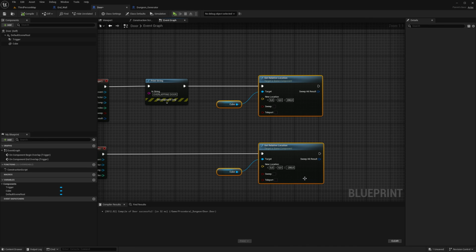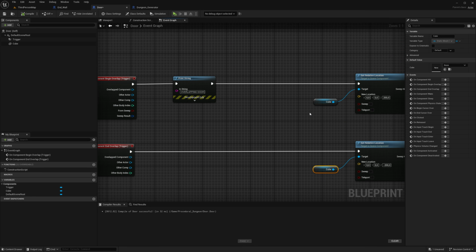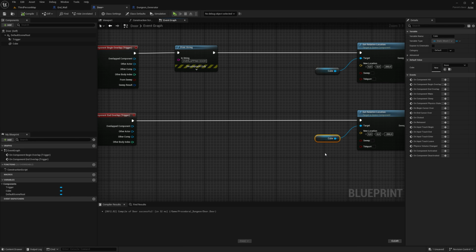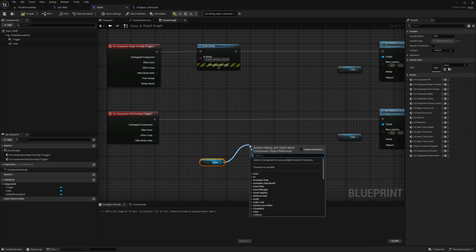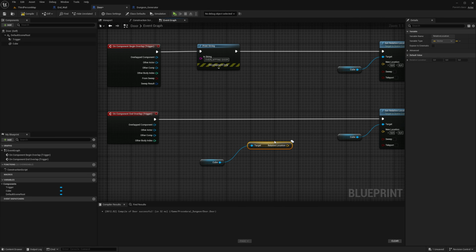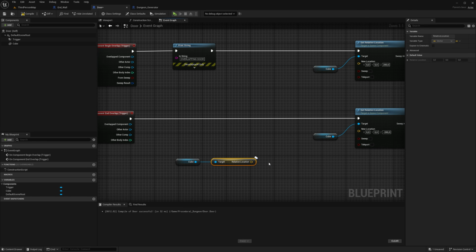So we need to copy the cube here. Let's just do it on this one. Copy the cube. And then we need to get location. Get relative location, maybe, I think. So now we have where it is right now.